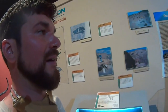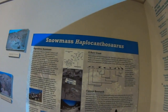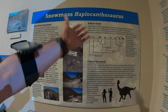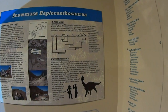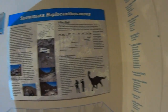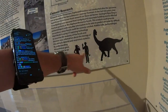And here, we talked about Haplocanthosaurus yesterday, and how rare it is. Here, we had one from Snowmass, Colorado, I guess. Pretty cool. Haplocanthosaurus is a primitive animal and very rare. It is known from less than a dozen fossil specimens, possibly as few as 4 individuals. Haplocanthosaurus is found in older layers of the Morrison Formation than its more famous cousins. With rare dinosaurs like Haplocanthosaurus, every additional fossil is the chance to learn something new about the animal. Not particularly large compared to...